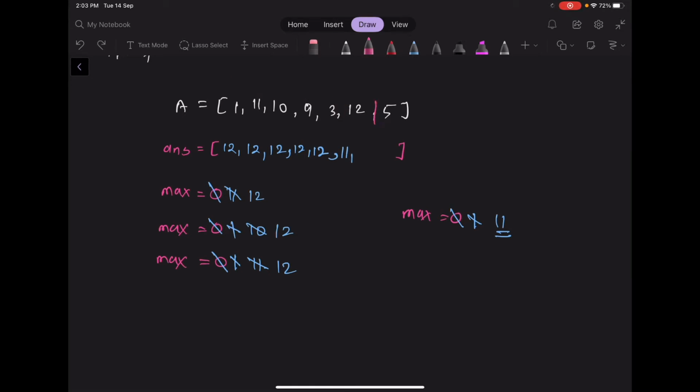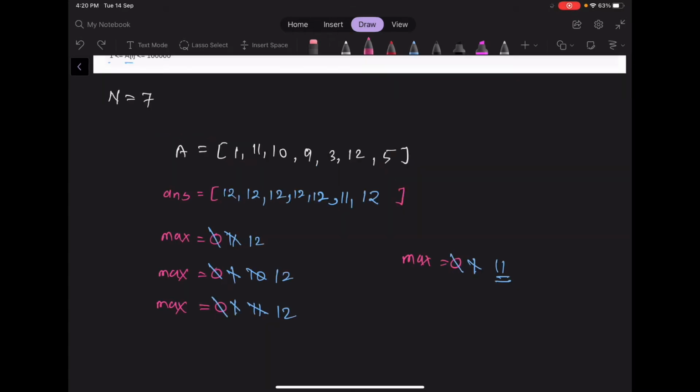And in the seventh iteration, that is the final iteration, we are going to fix this element, and among all the elements other than this 5, we are going to calculate our maximum. So that maximum is going to be 12, so we will write 12 here. And in the end, this answer is going to store our final answer, so we are going to return it.